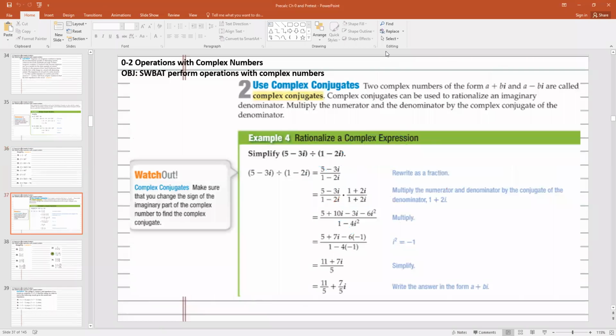All right, so we did multiplication. Now we're going to divide. And here we do need to know about complex conjugates. We saw it in Algebra 2, where we had rational expressions,